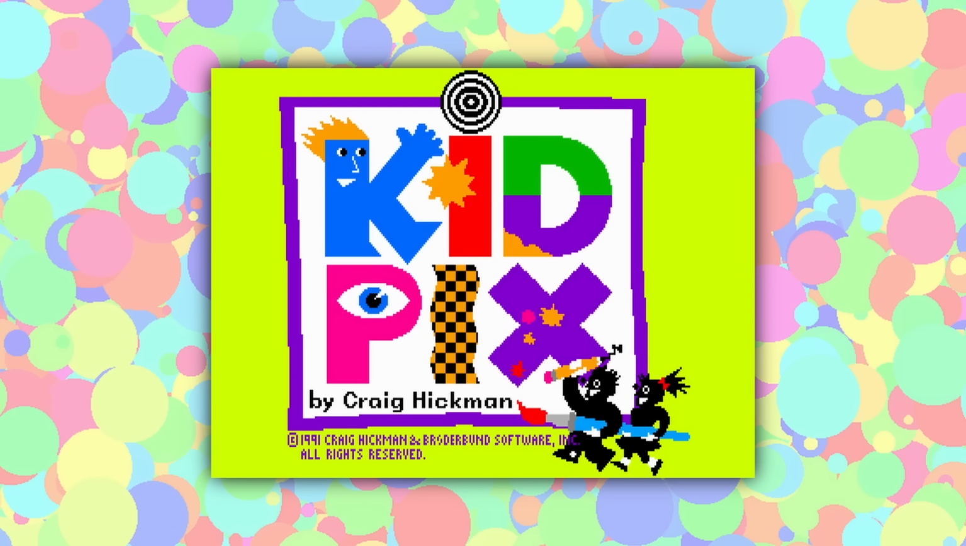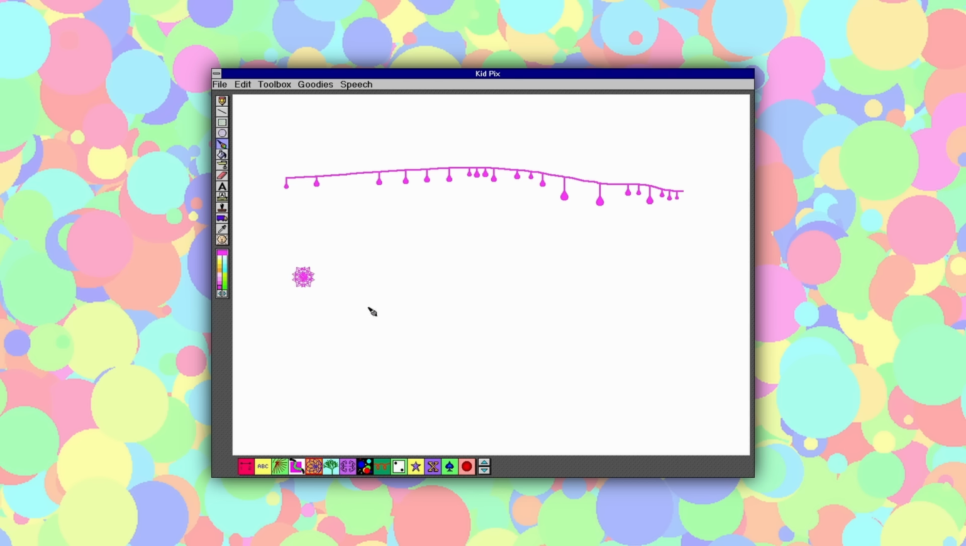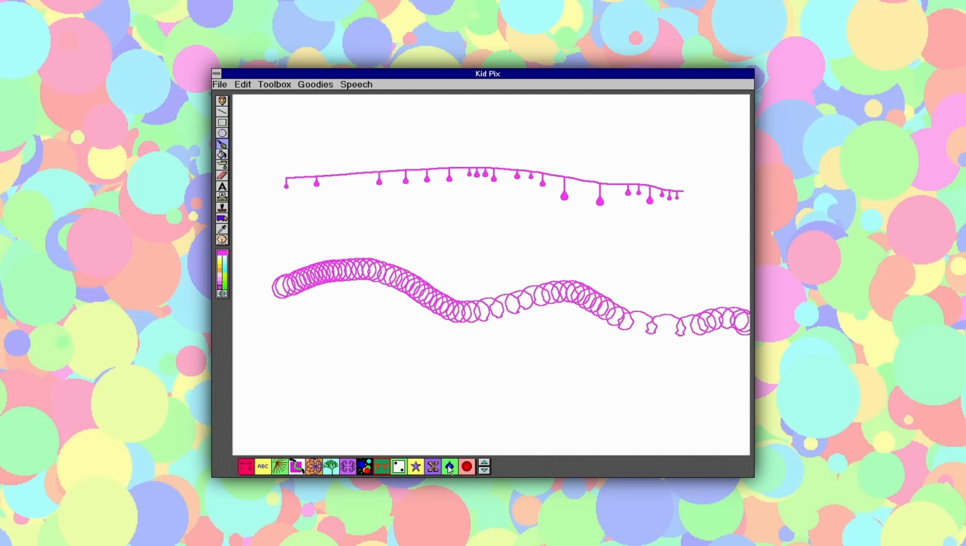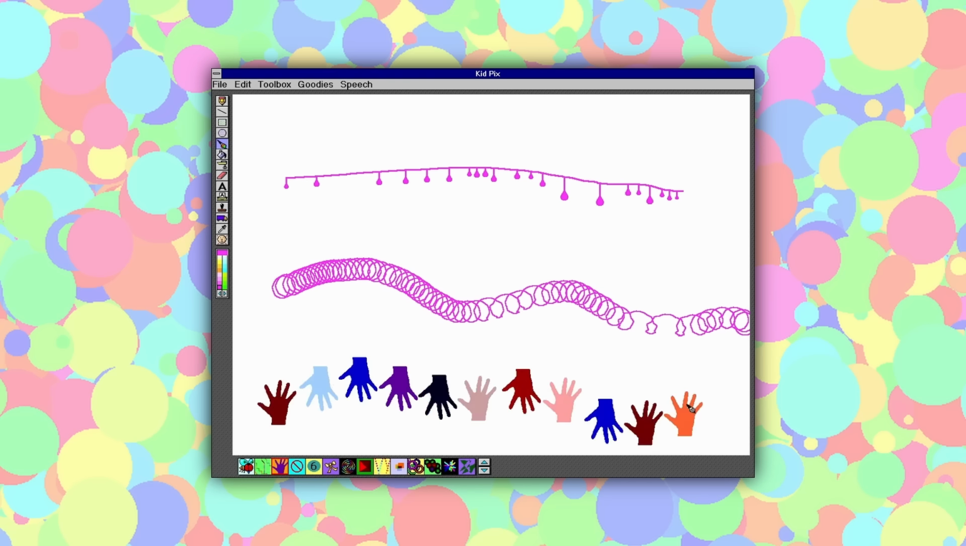called KidPix. What started off as a freely available digital paint program back in 1989 eventually became a childhood staple for a lot of kids growing up in the 90s and early 2000s. And while at first glance it might just look like a Microsoft Paint clone, anyone who has used the wacky brush or clicked the undo face button in KidPix will be able to tell you that it's much more than